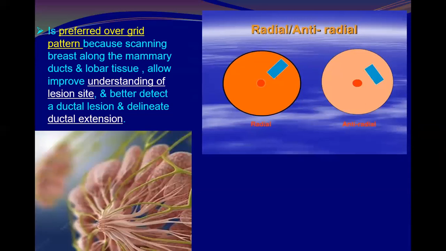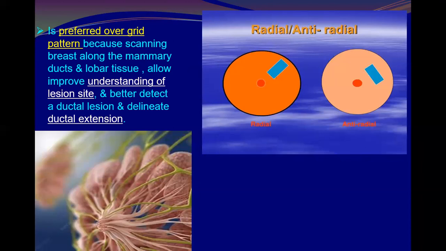Radial and anti-radial generally is preferred over the grid or Minder technique because it scans along the mammary duct and lobar tissue. So it will allow understanding the lesion site and ductal extension and delineate the ductal system. Okay, because